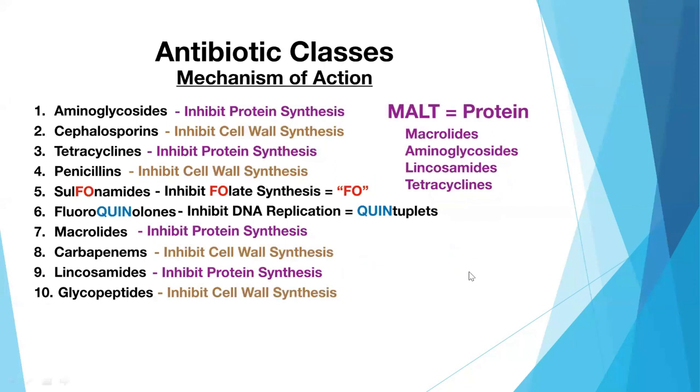Now, these are the mechanisms of action of different antibiotic classes. The aminoglycosides inhibit protein synthesis. The cephalosporins inhibit cell wall synthesis. The tetracyclines inhibit protein synthesis. The penicillins inhibit cell wall synthesis again. The sulfonamides inhibit folate synthesis. The fluoroquinolones inhibit DNA replication. The macrolides again inhibit protein synthesis, carbapenems inhibit cell wall synthesis, lincosamides inhibit protein synthesis, and glycopeptides again inhibit